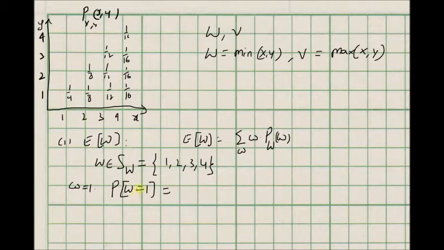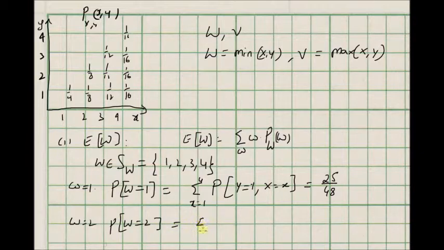So probability of w equal to 1 should be equal to the summation over x equal to 1 to 4 of the probability of y equal to 1, comma x equal to x, which is the sum of these 4 values. That is the values of the probability mass function for y equal to 1, which is going to be the sum of these 4 values, which is 25 by 48. For w equal to 2, we want to find P of w equal to 2,